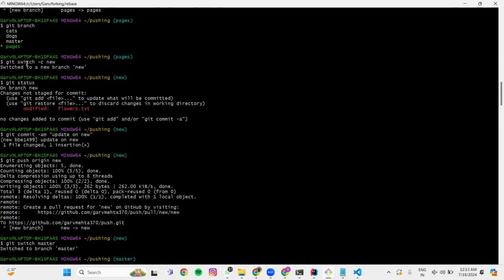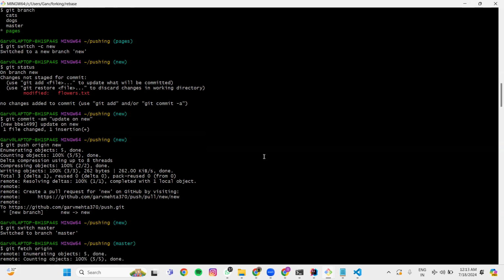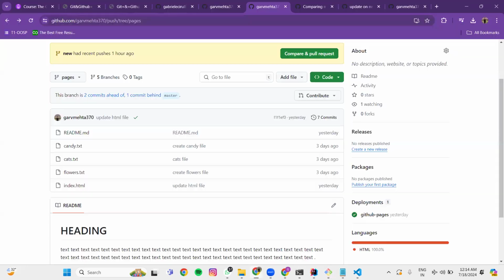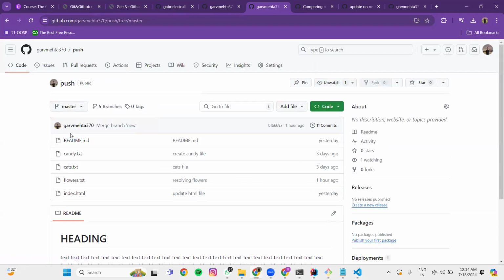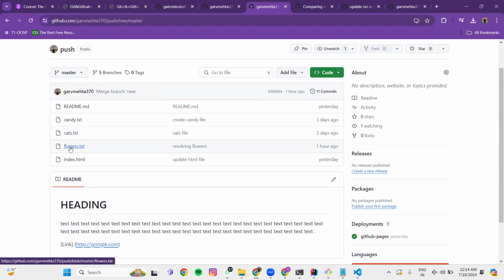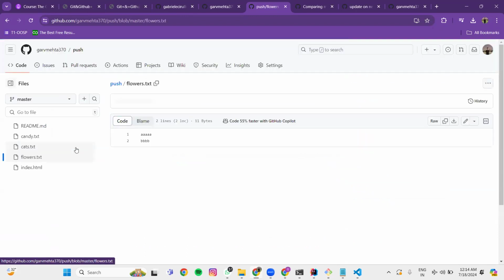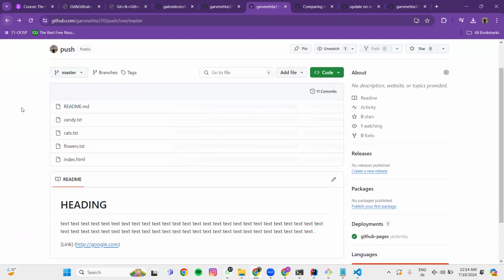we create a new branch and there we make some changes to this flowers file, and then I push those changes onto the new origin branch on GitHub. And then here we have this master branch. In the master branch, we go to this same file and we make some changes here from GitHub. So while we are on the new branch,